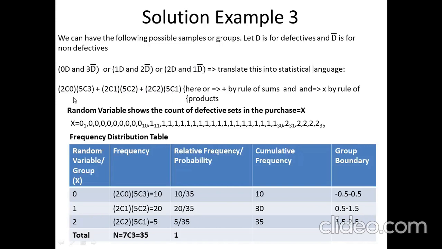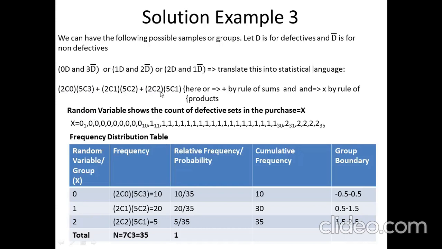So this means, because x is the count of defectives, we can have the value of x as 0, 1 and 2. How many zeros can we have is the product of 2C0 and 5C3, which is 10. So we can have 10 zeros over here. How many ones can we have for x is equal to the product of 2C1 and 5C2, which is 20. So after 10 zeros we would have 20 ones. That means from the 11th value in the data set till the 30th value we would have ones.